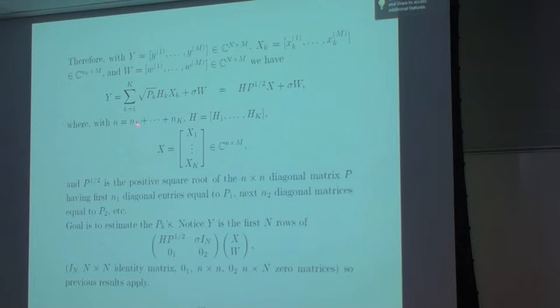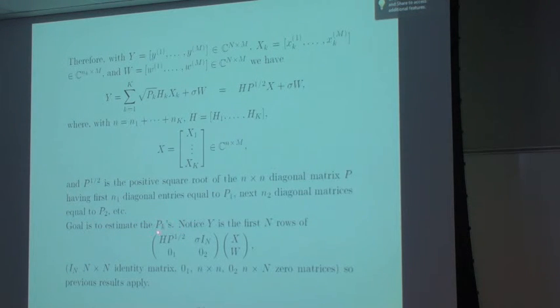Little n is the sum of all the different transmit antennas, and big X is a big column form. P is diagonal, containing all the powers; it's the right thing to have in total block form. H will be this. So the X is hitting the powers, and all this is hitting the H's, for each column. The P matrix contains all the individual powers: P1 repeated n sub 1 times, P2 repeated n sub 2 times, and so on. It's really the square root of the powers. And the goal is to estimate the P's.